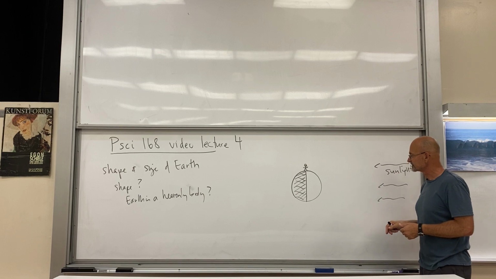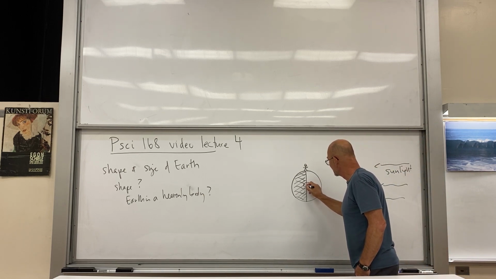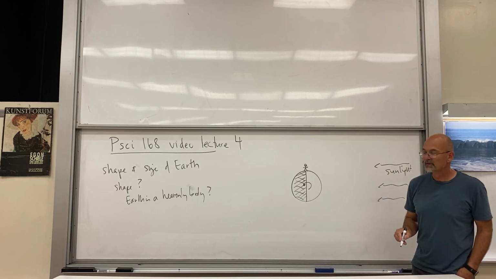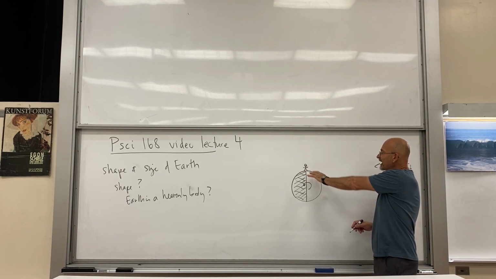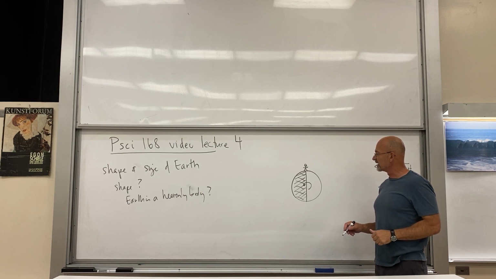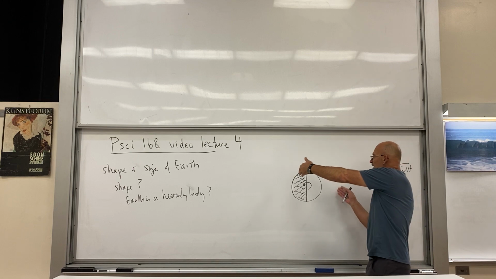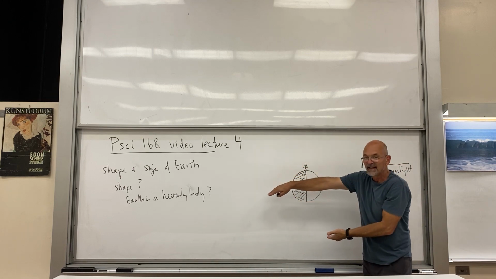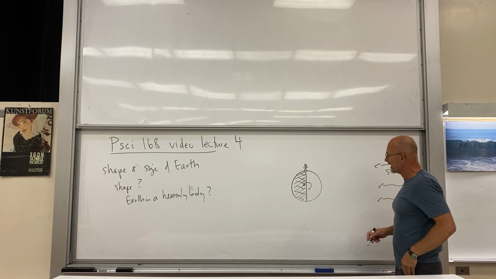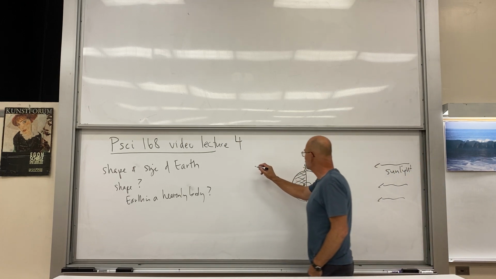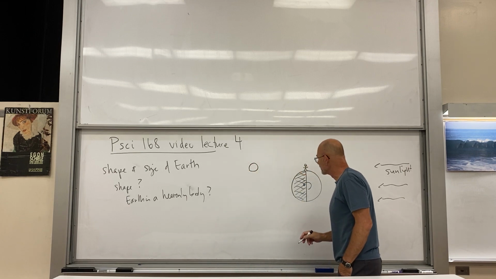Now, what if the Earth is rotating counterclockwise? If the Earth is rotating counterclockwise and I'm standing here, then is it sunrise or sunset? Well, we're about to be carried into the dark. So this is sunset, and if you see a moon at sunset, say the moon is over here,